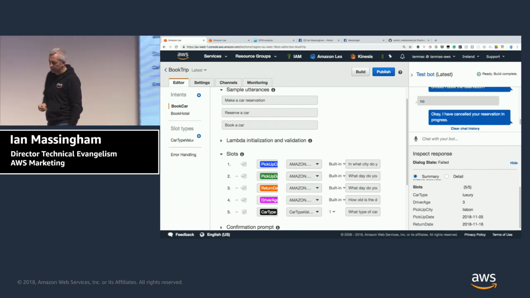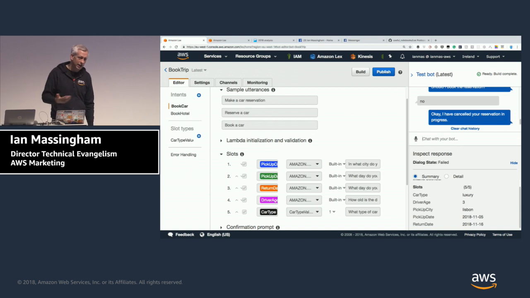What about applying a little bit more business logic and enabling us to do things like bound checking, ensure that our drivers are over 21 years of age, if that's our preferred bit of business logic, making sure that dates are in the future, validating that we've entered a city that is supported by the rental locations that we have. How do we go about doing that?